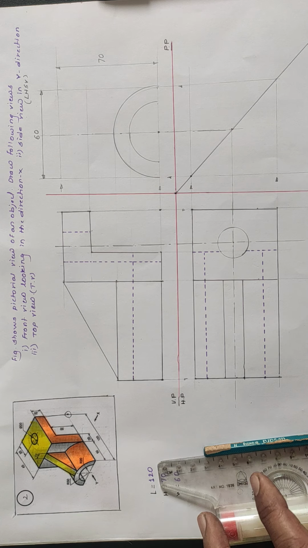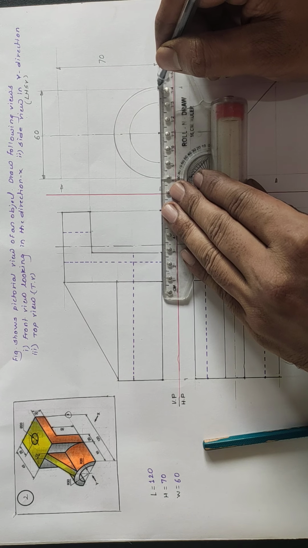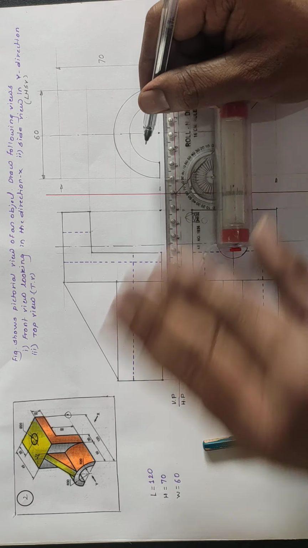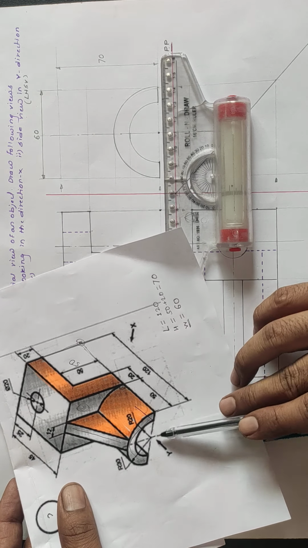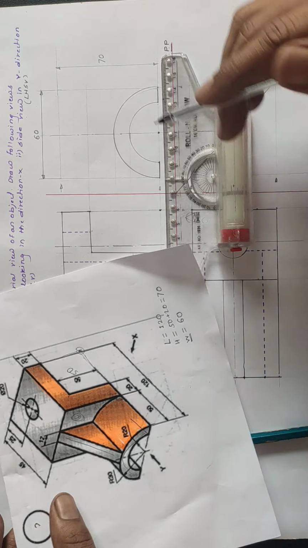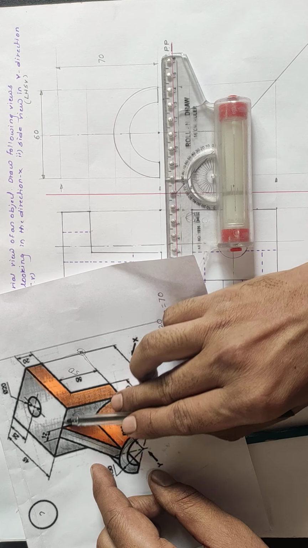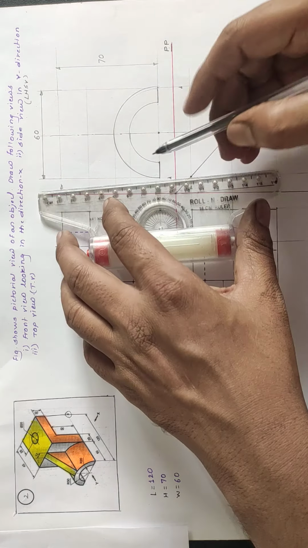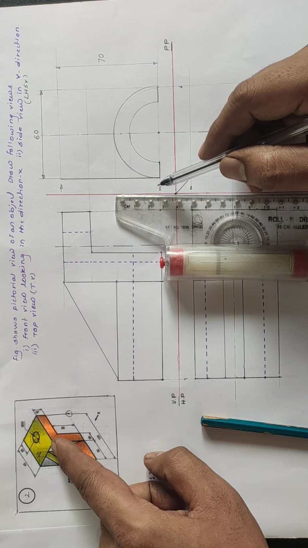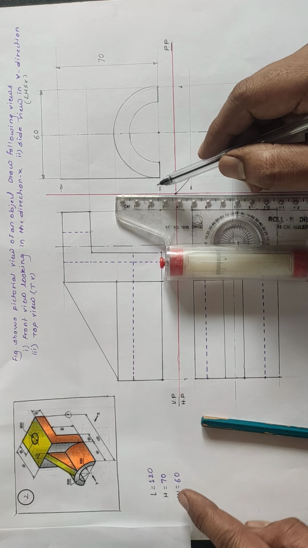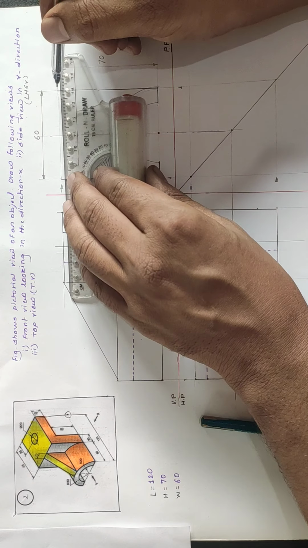Okay, so finally we have completed the base part. Now we can connect these edges. Now the rib is present at the middle. So initially we can draw the vertical lines from both sides and we can complete the plate portion. The total height of the plate from the base is 70 mm. Same for the other side.